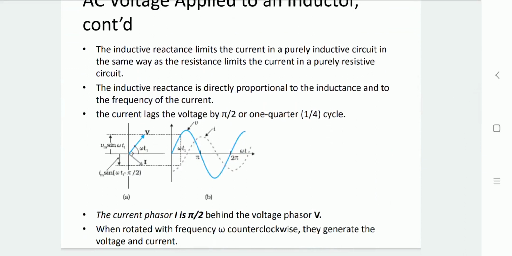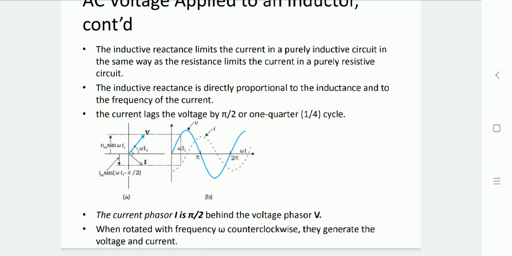As you can see in the diagram, voltage is represented with the 0 angle, but current is at the minus pi by 2 angle. If it were pi by 2, then the signal would start from the positive side for the current, but minus pi by 2 is there, so the current will start from the negative side. Pi by 2 angle means it is started earlier. So at the 0 angle, voltage is 0, but current is at its maximum value, pi by 2 ahead, right?